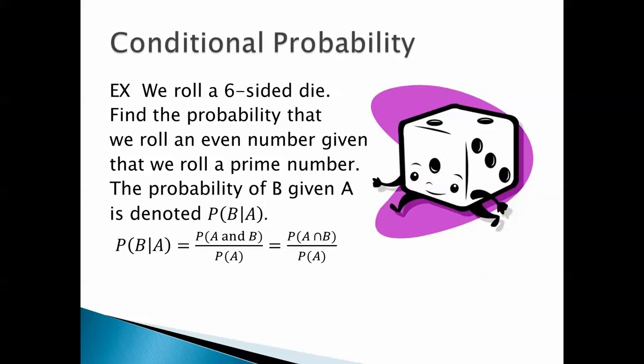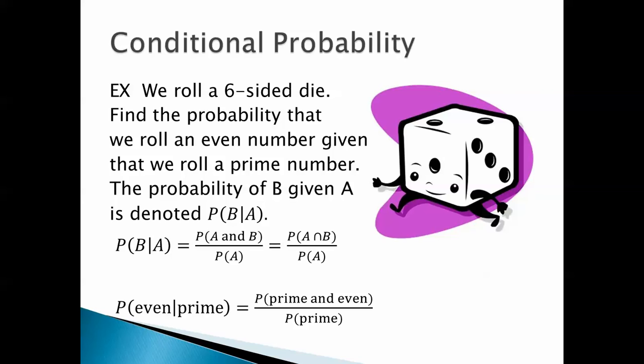Sometimes we use this terminology: probability of A, and that upside down U is intersection. Probability of A intersect B all over probability of A. That just means probability of A and B. That's all it means. So in this case, this conditional probability, the probability of B given A, probability even given